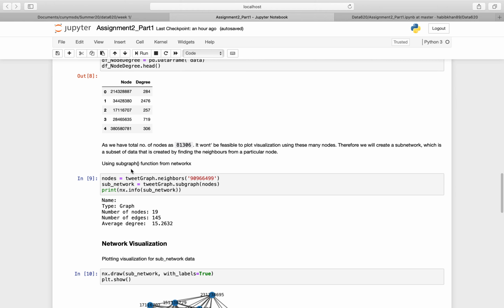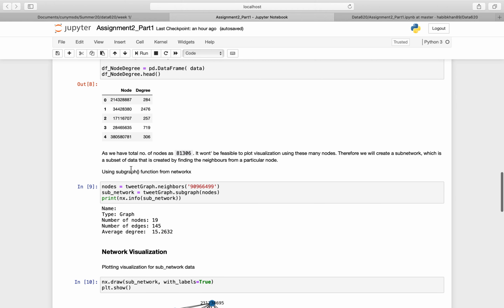To create the visualization, it's not feasible to visualize 81,000 nodes, so we created a subnetwork using the subgraph function. First we used the neighbors function on the main graph object, using one particular node to extract all of its neighbors and create a subgraph from this node.